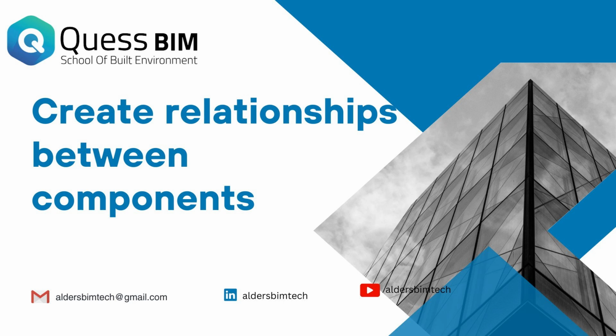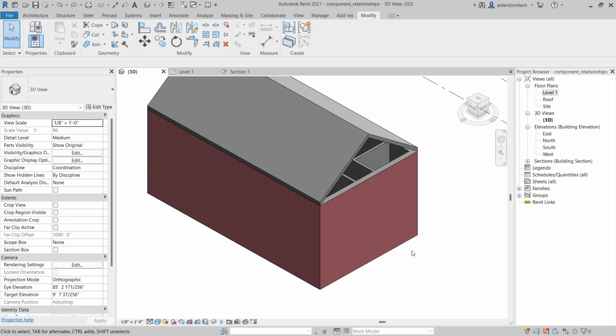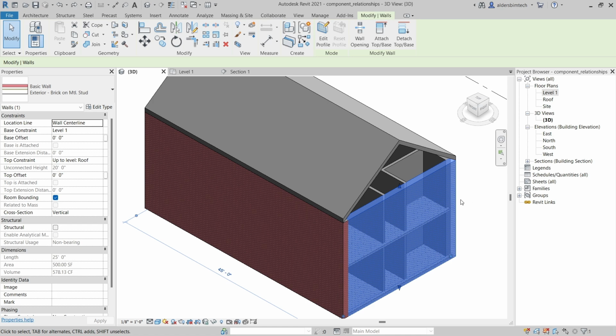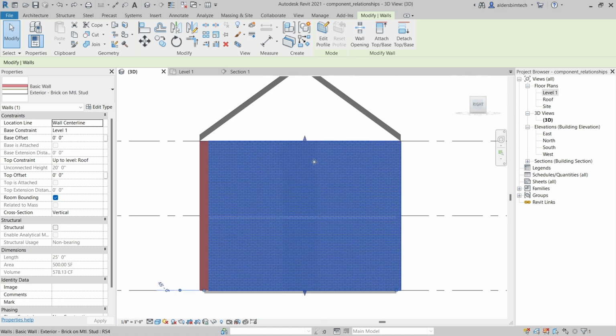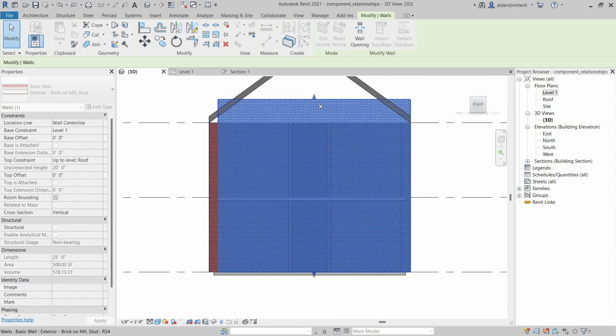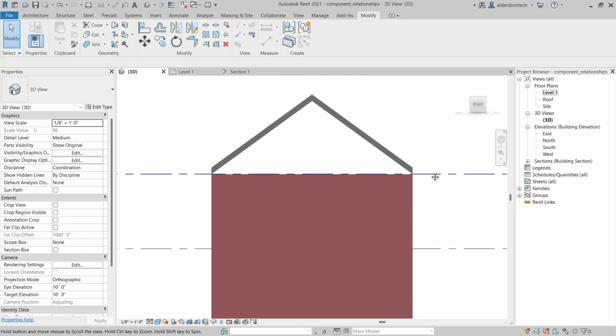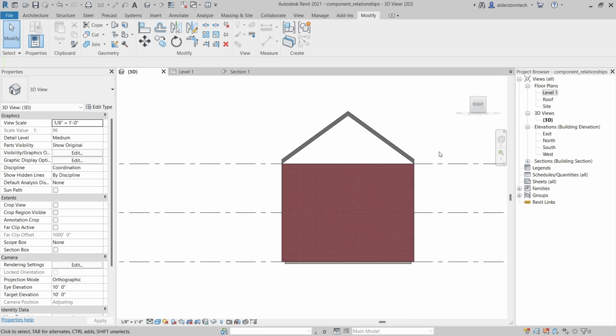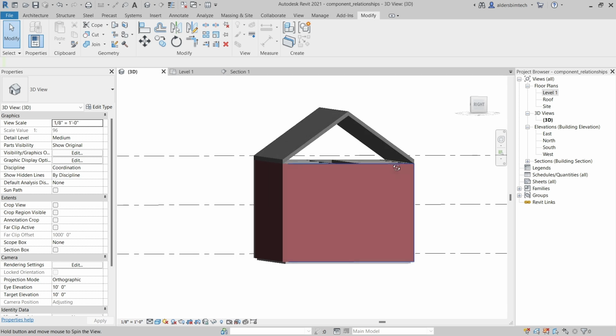In this video, you'll learn how to use the tools in Revit to create parametric relationships between various elements. This helps create an accurate building model as well as communicate design intent. Here we have a simple exercise file where we can look at a few scenarios that you'll encounter throughout the